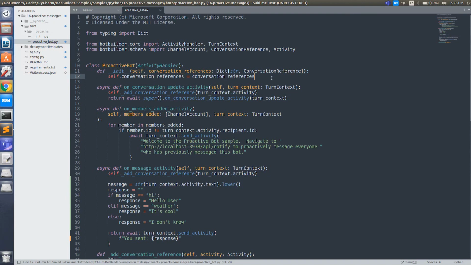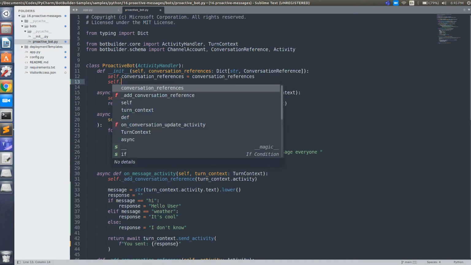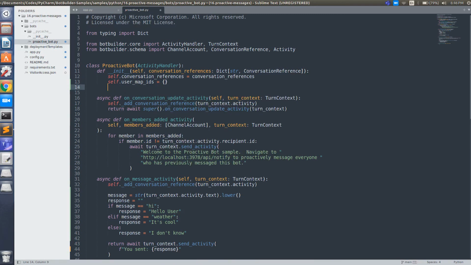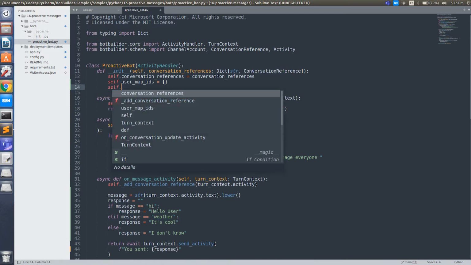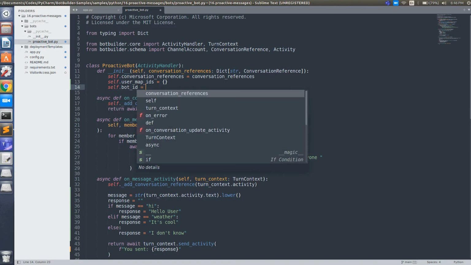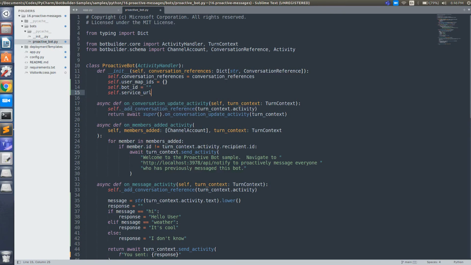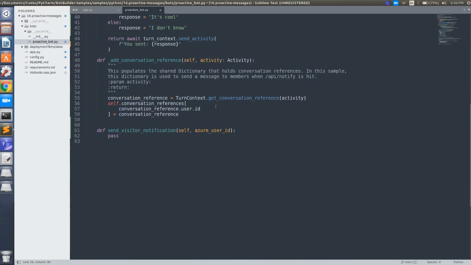So I'm going to initialize a few variables: self dot user map IDs, self dot bot ID, and self dot service URL. Okay. We need all these details when we plan to send these proactive messages. So let me just copy paste some code.